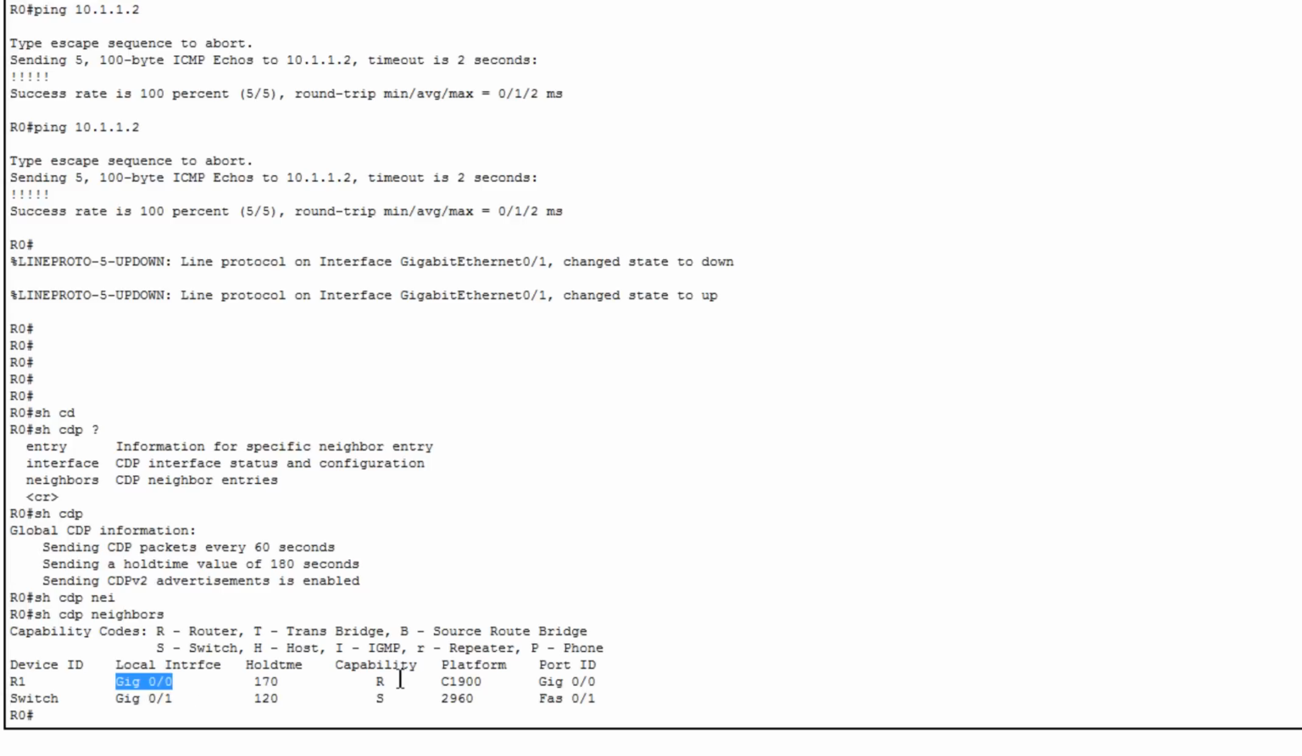What does that device do? That device has the capability of a router. So it's a router. R means router. It can only do router. If it's a layer 3 switch, it would say R and S, right? So in this case, it is only R. It's a routing device. The platform is C1900, right? It's a C1900 series router. On that device, this connection, right, from R0 G0/0 goes to R1's